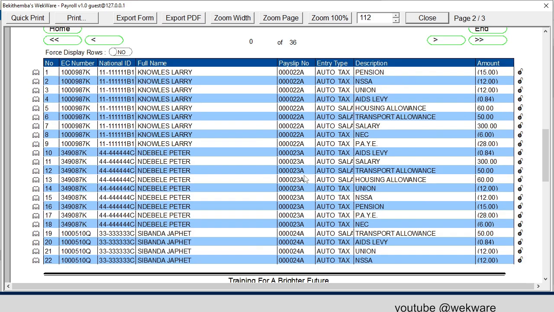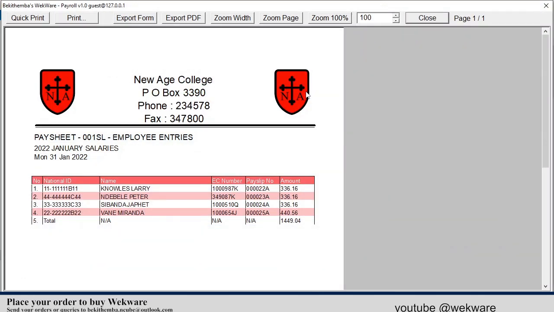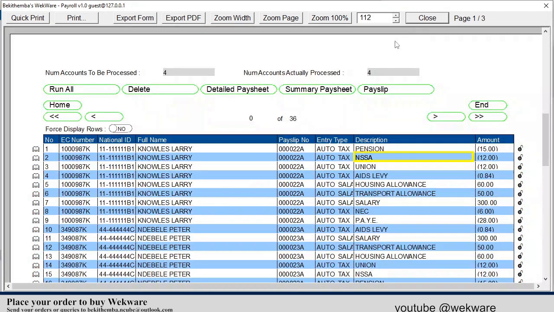So you can view individual payslips and paysheets quickly here. You can pick any particular person, and then if you want to see a summary paysheet, you can press that. Okay, this shows you the net values for each person on the paysheet. There are 4 people, and these are the amounts, the total amount for the paysheet. You can view a payslip for one particular person,